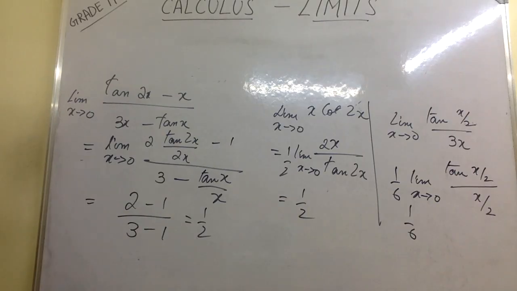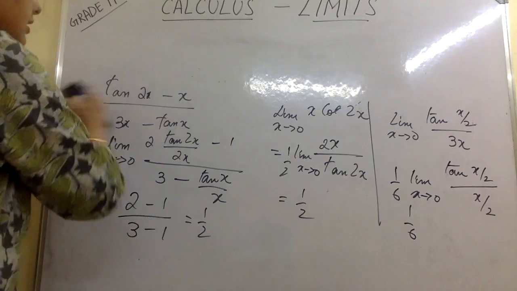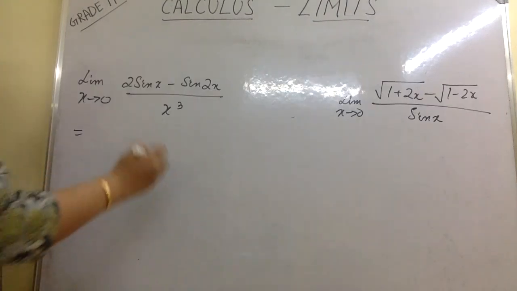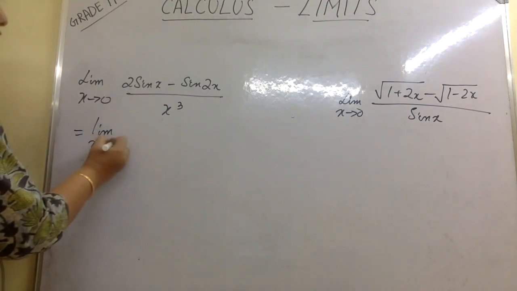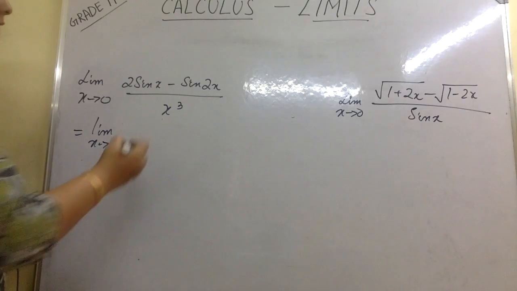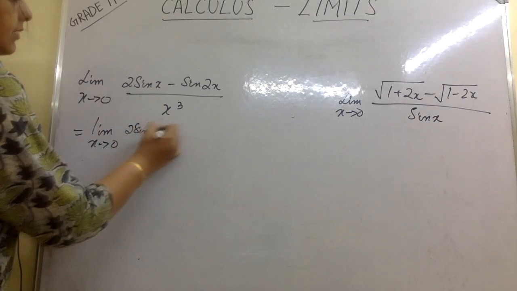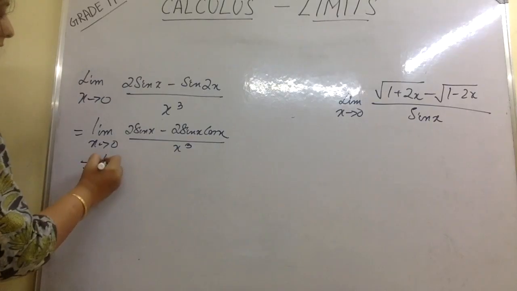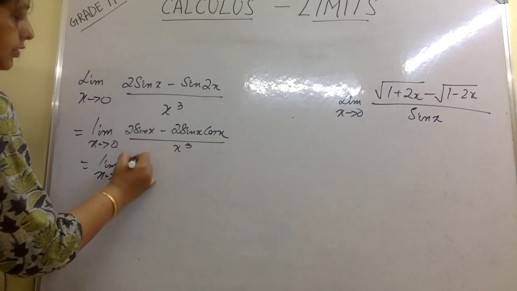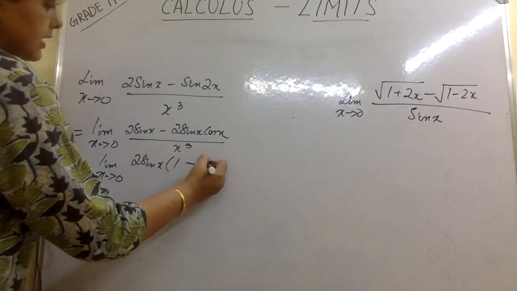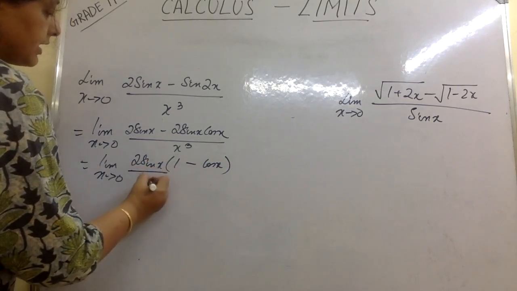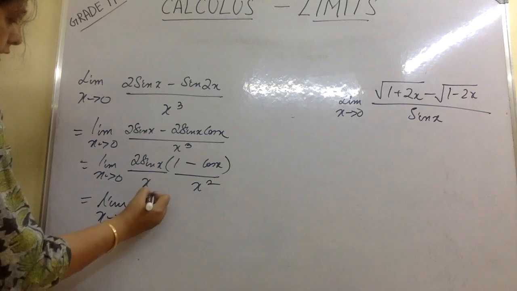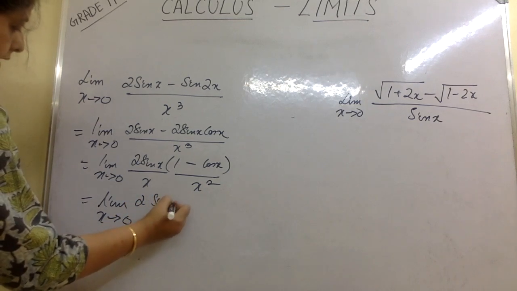Okay, so now let's see few more little difficult questions. The difficulty level is slowly going up. Okay, so let's see. So here we have limit x tends to 0, then 2 sin x minus 2 sin x cos x by x cube, that is limit x tends to 0, 2 sin x is taken common, 1 minus cos x, and here if I put one x and here I'll put one x square. Let's see now, limit x tends to 0, then we have 2 sin x by x, this